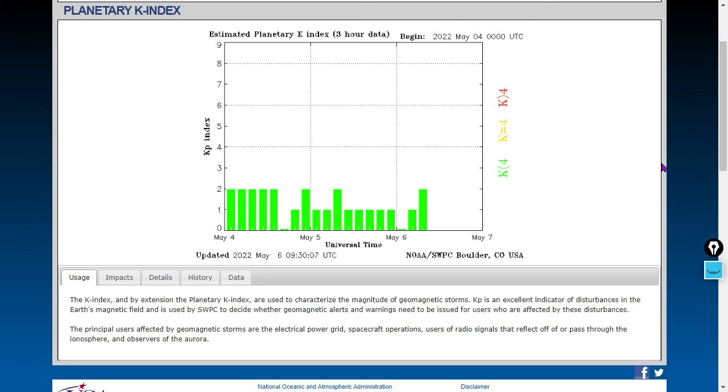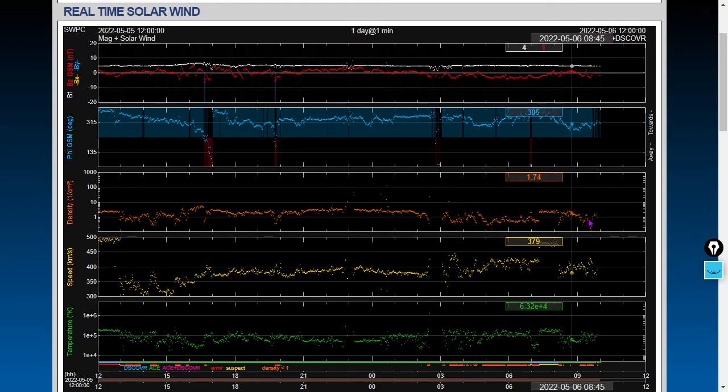Next, the planetary K index, a measurement of global geomagnetism, at 2. Kp 2 is the current situation. It is a geomagnetic calm scenario. Next, the real-time solar wind. Again, we've got a very diffuse solar wind here,